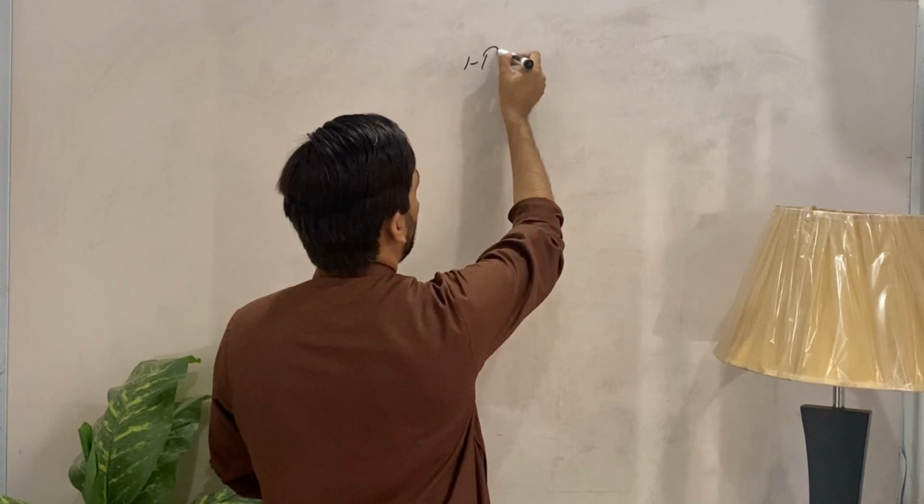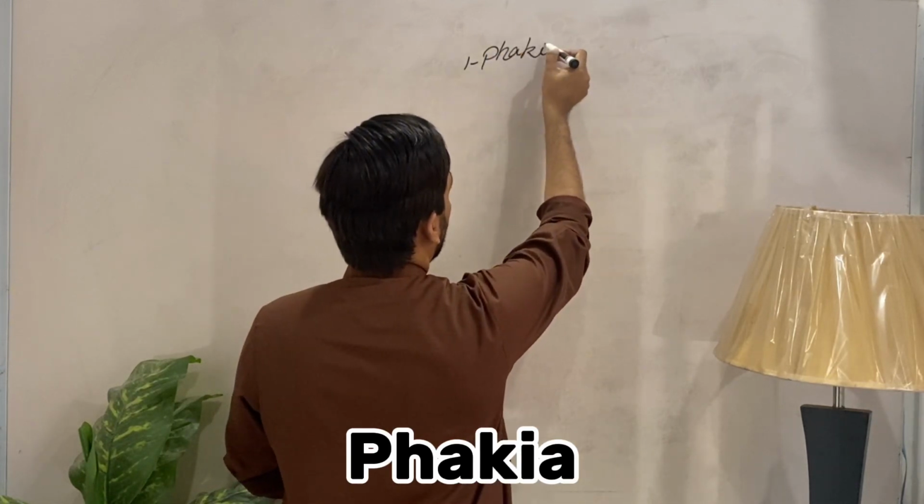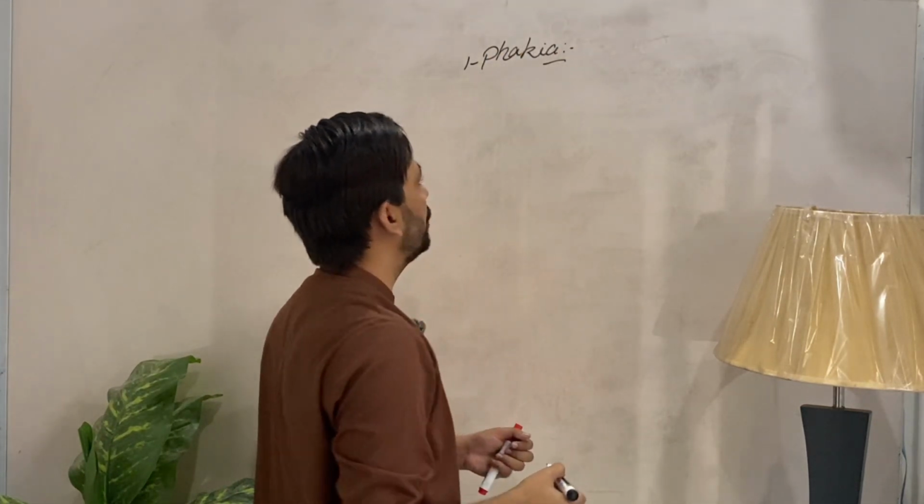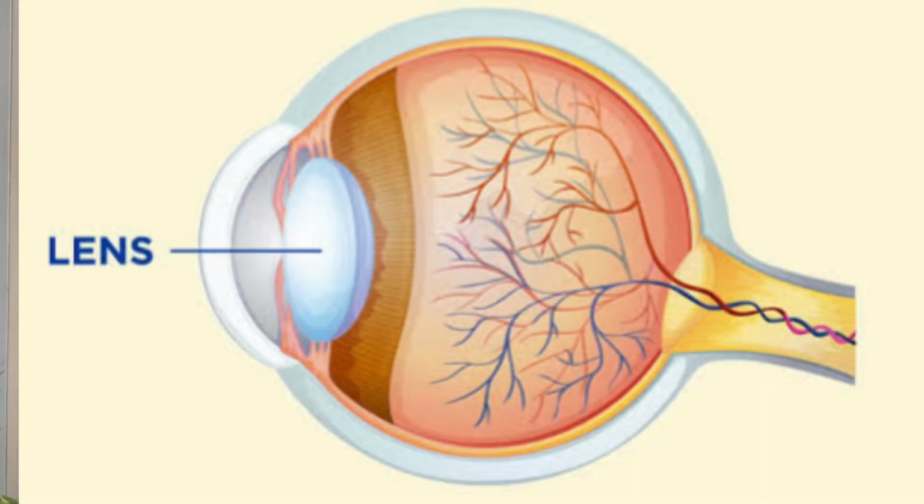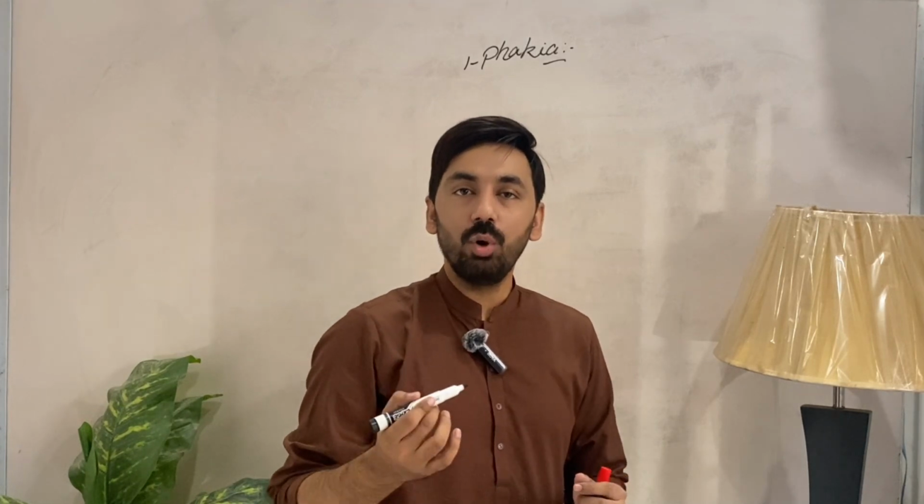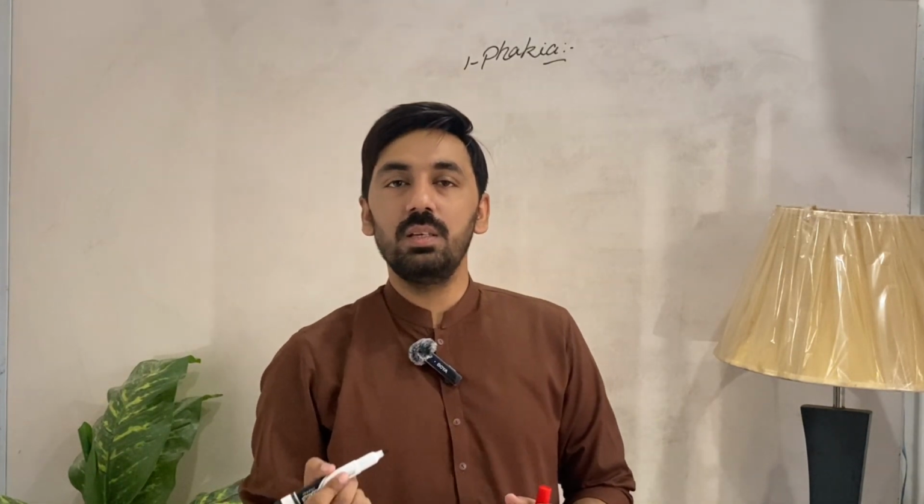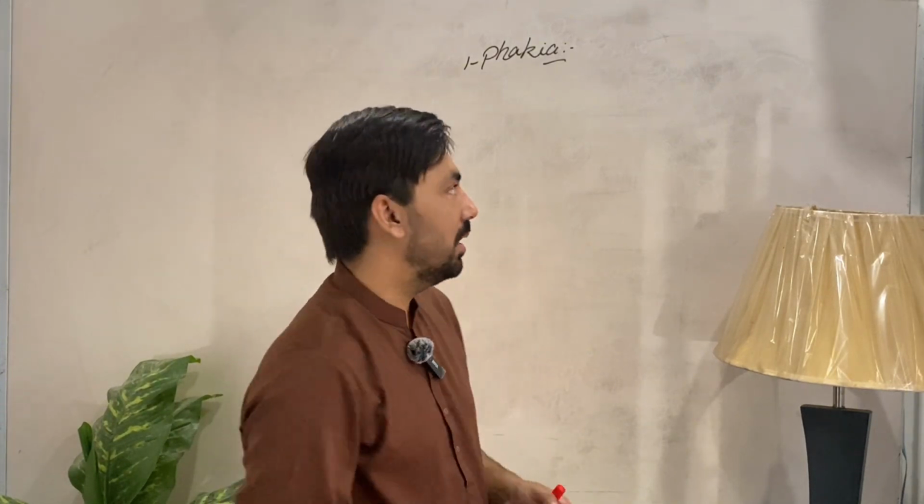The first one is called phakia. Phakia is a condition in which a person has the natural crystalline lens, right? The term phakia means lens, the natural lens. So we have a biconvex natural crystalline lens inside our eye in the posterior chamber. A person having a natural crystalline lens is called phakic. This condition is called phakia, and the person is called a phakic patient. And the second is called